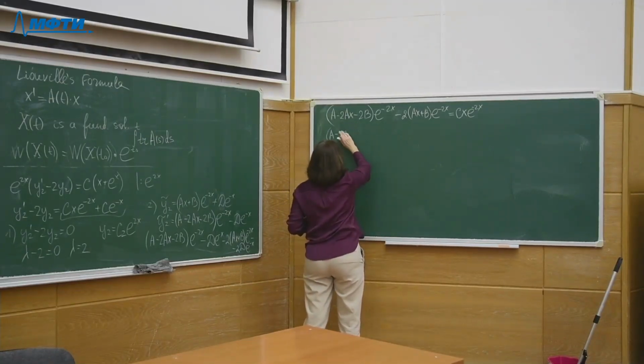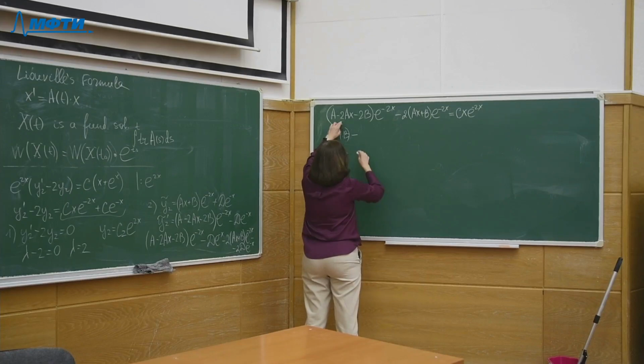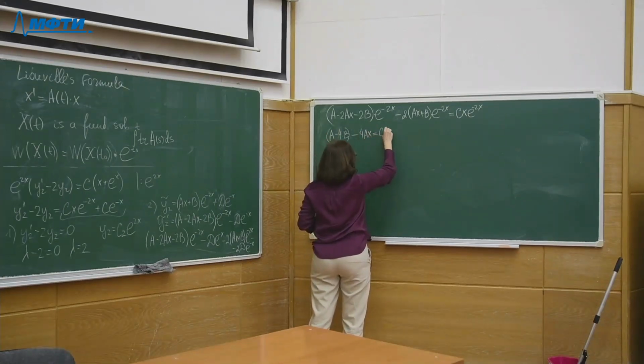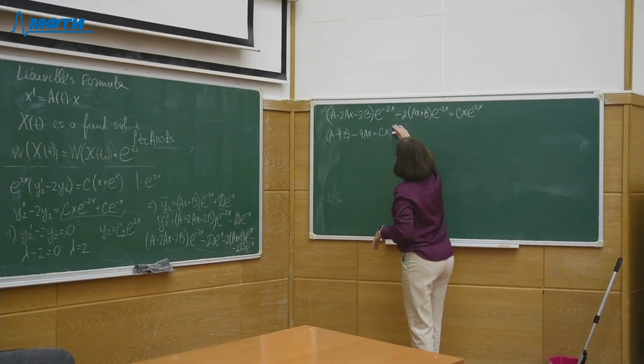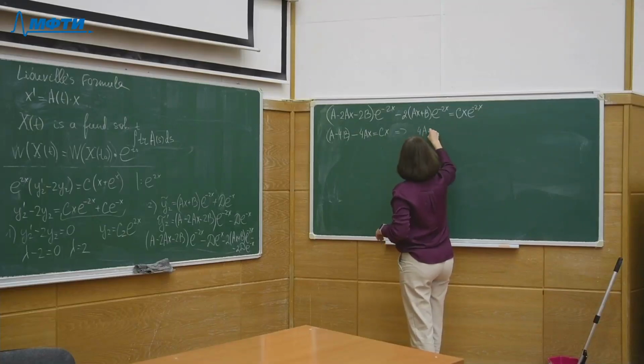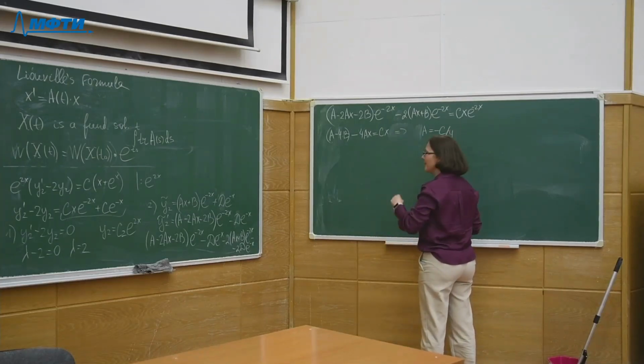Minus 2b minus 4b minus 4ax equals e^x e^(-2x). Okay, so we divide by e^(-2x), and so we have that 4a equals minus c, so a is minus c over 4,